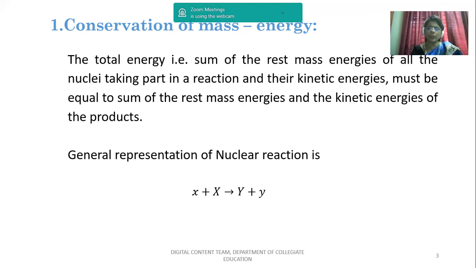The general representation of any nuclear reaction is using the equation x plus X, which gives rise to Y plus y. Here small x is called an incident particle, or a projectile, or also a bombarding particle. Capital X is the target nucleus on which you are making the particle incident, and the interaction between them leads to the formation of products, where the product nucleus is denoted by capital Y, and small y represents an ejected particle, or an ejectile, also called an outgoing particle.